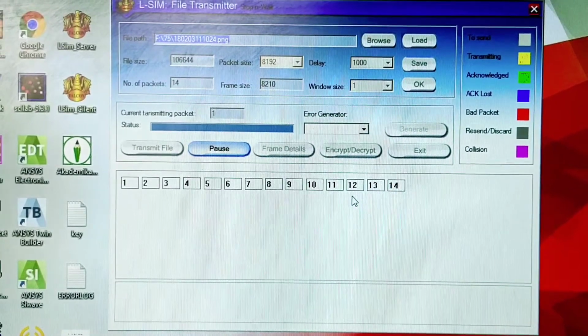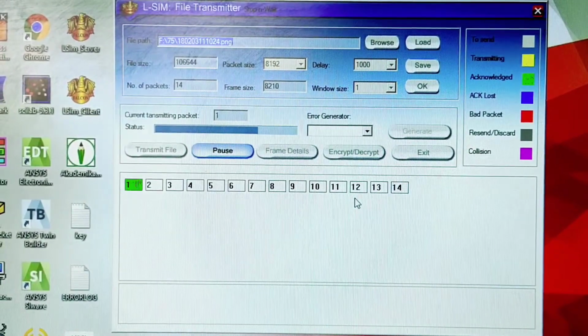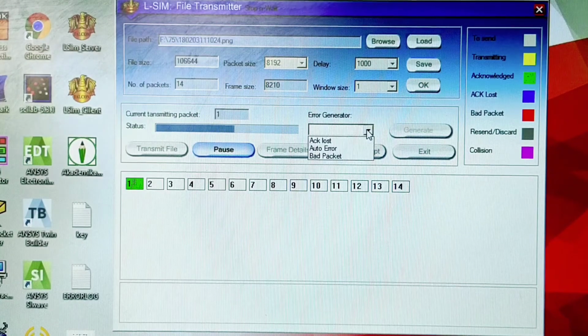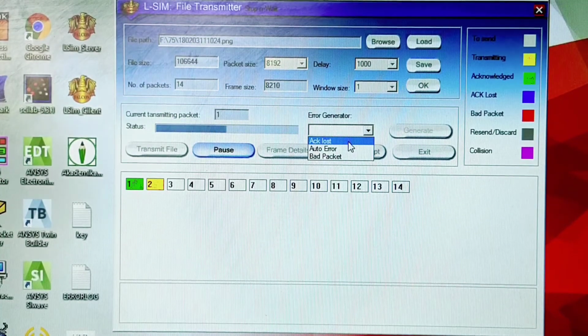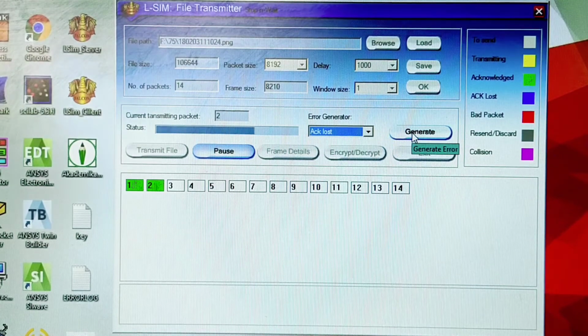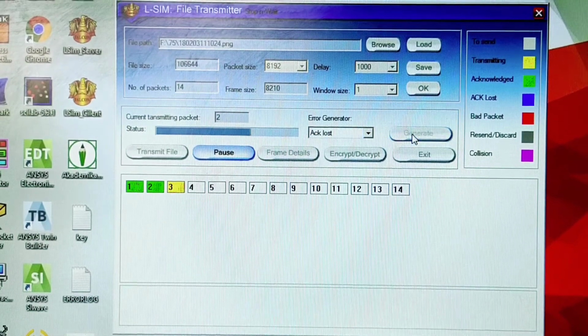File transmission is started. It has already sent one, and using the error generator, let us introduce a loss, acknowledgement loss. Click generate.